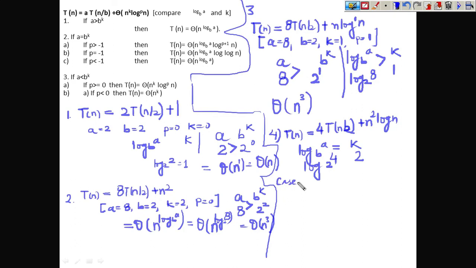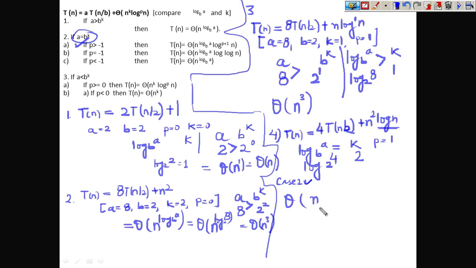So we are in case 2. Now in case 2 we have three scenarios. We have to take the result based on the value of p. So here what is p? P is 1 here. That means we are in 2a. So in 2a, what is the answer? You have to multiply p into this expression. Whatever log term we are having, just multiply one more log n term here. So we will get theta of n